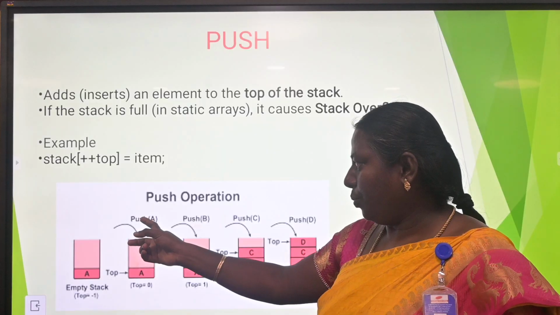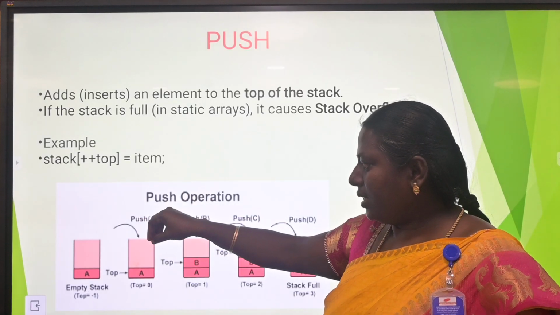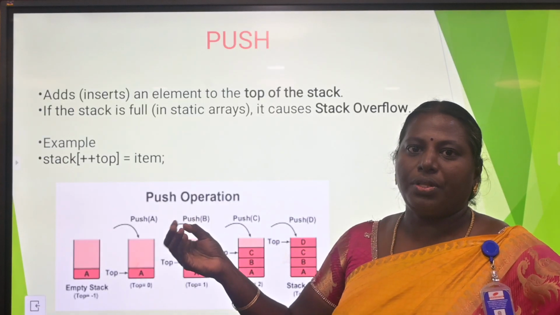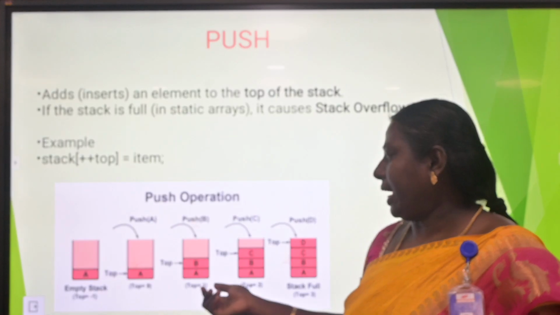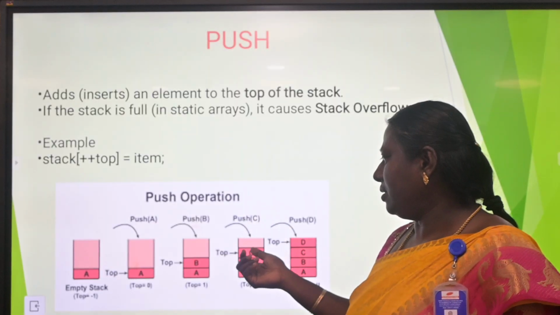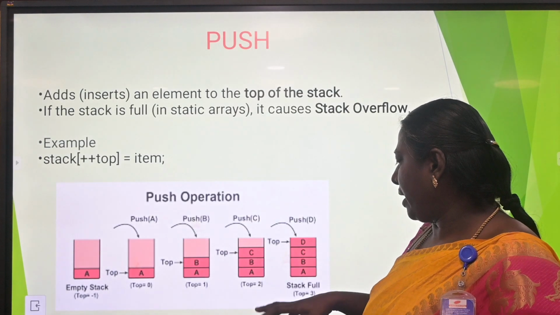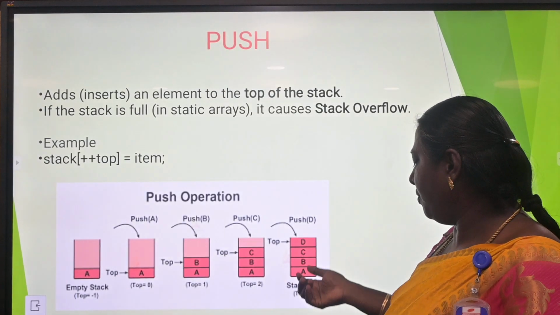Then push of A: A is inserted into the stack. Then push of B: another element B is added to the stack. Then push of C: another value is inserted into the stack. Then D.